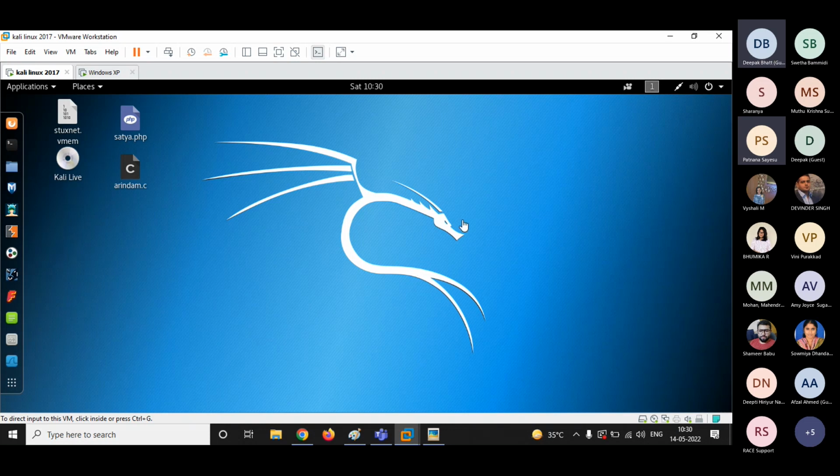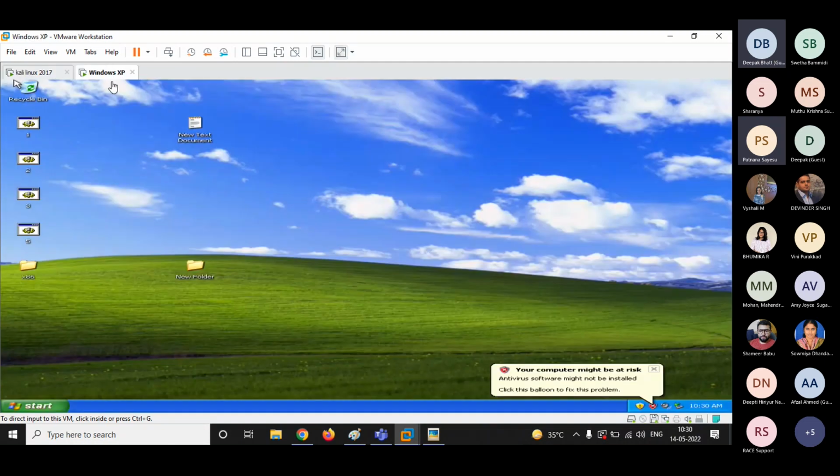All right. Now, guys, whatever we have discussed, I'm going to show you the practical. One point from theory was remaining, that was how you'll be covering your tracks. Once we are done with the practical, I'll show you how remotely you will be removing the logs from the system, how you'll be manipulating the logs. So what I'll be doing over here is, this is my Kali Linux. This will be my prime machine, and this is the Windows XP machine that I will be compromising.